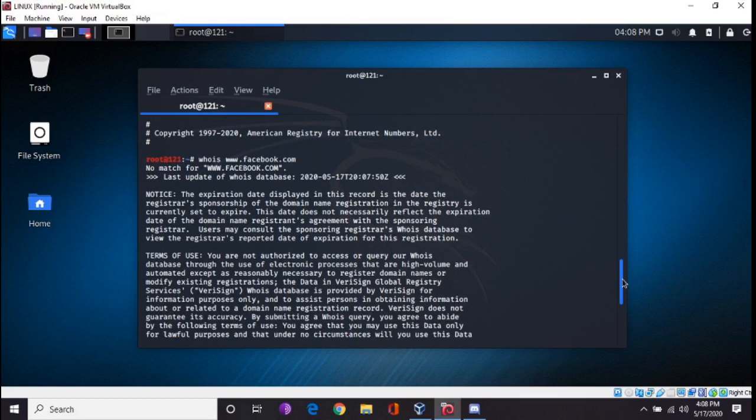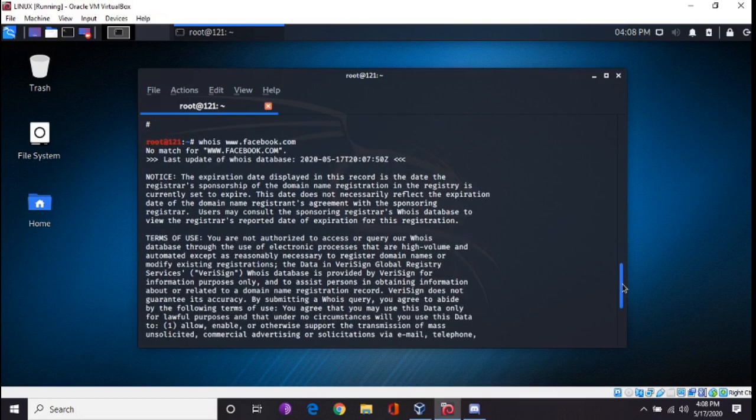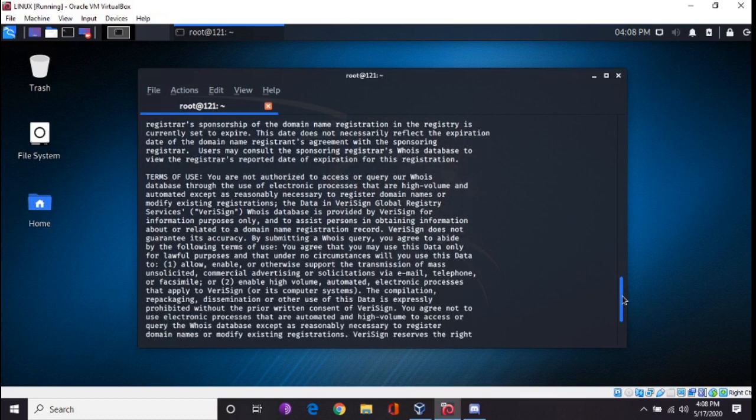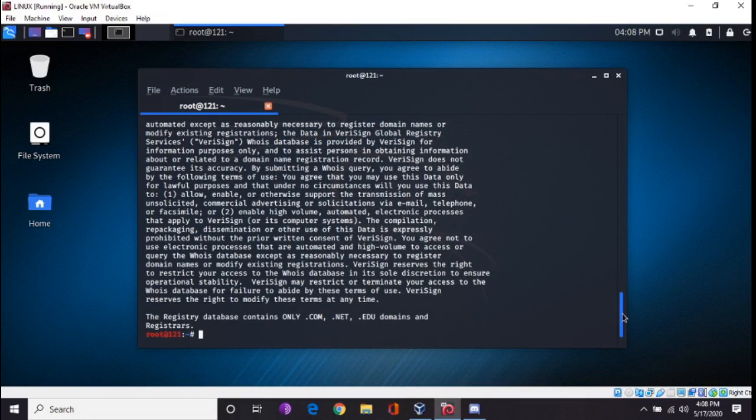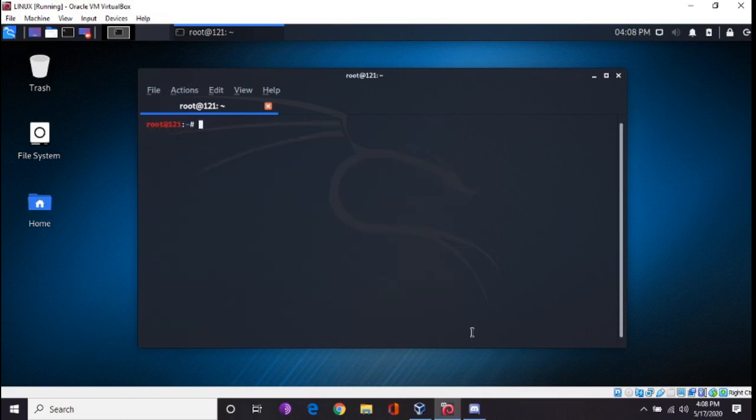Database to view the registers recorded. Okay, so you got a little bit of information here, but nothing too important though. So clear. You know, there's a couple other options you could do, but we could try Whois google.com,